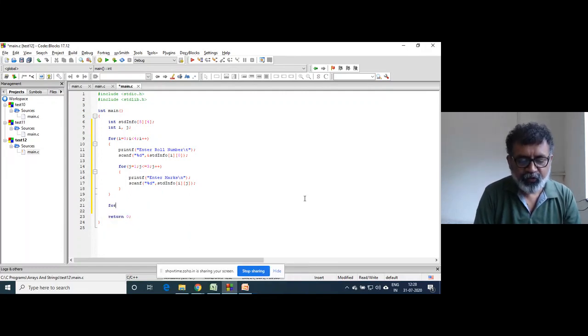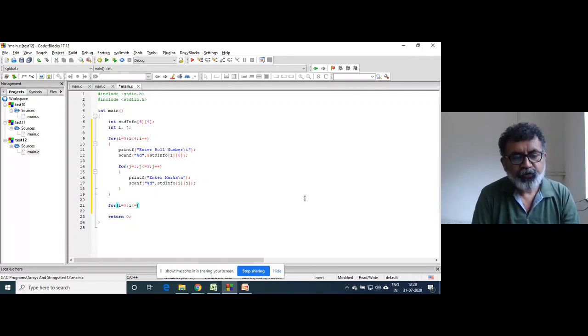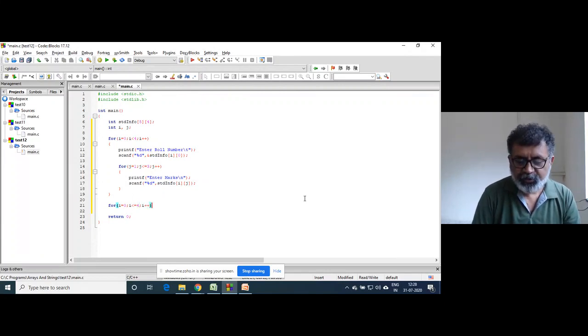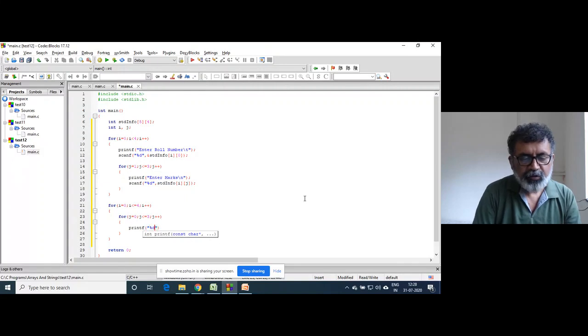for i equal to 0, i less than or equal to, i plus plus, for j equal to 0, j less than or equal to 3, j plus plus, printf percent d, suppose percent 4d, std i comma j, and once the first row is printed we will put that.